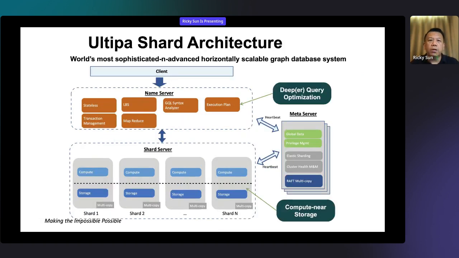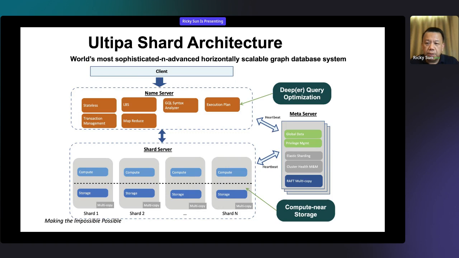The tricky part with the shard architecture clearly is we still have the name server, meta server, shard server, but things are just so much more complicated because we have done lots of cutting, like edge centric cutting or vertex centric cutting,